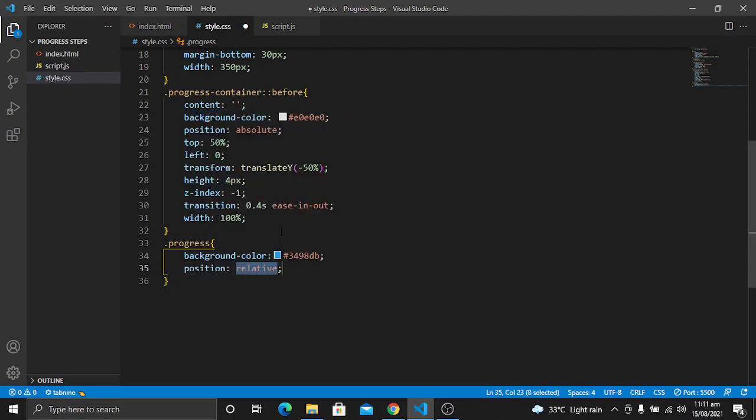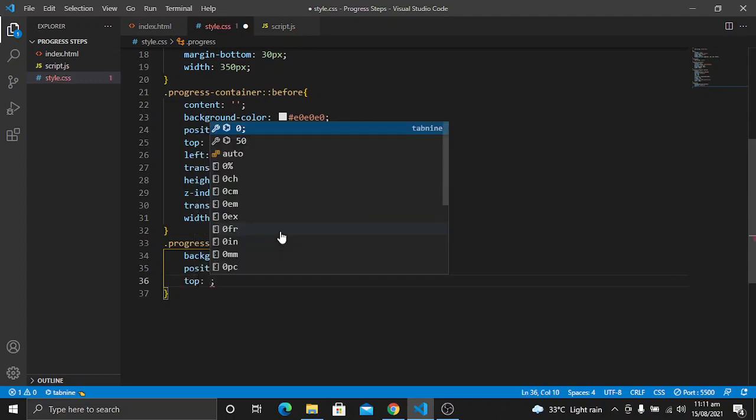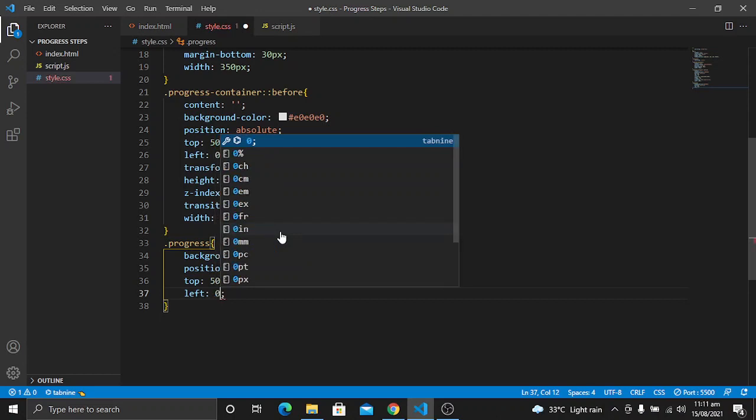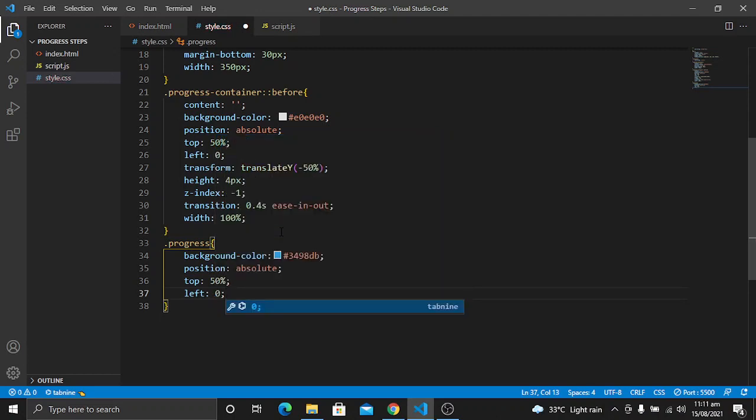Position will also be absolute, and then from top it will be 50%, from left it will be 0. Height is going to be 4 pixels.